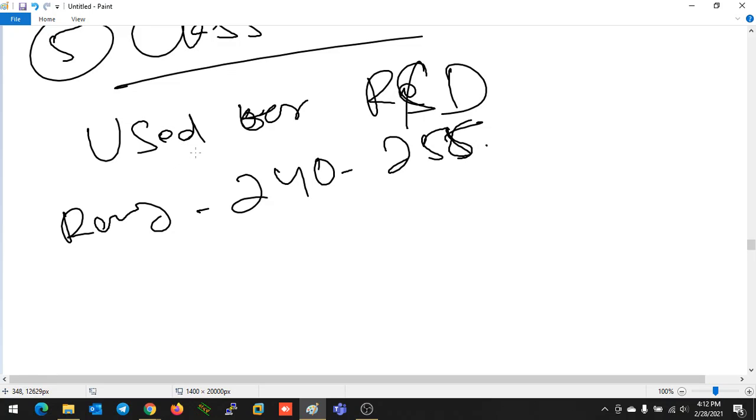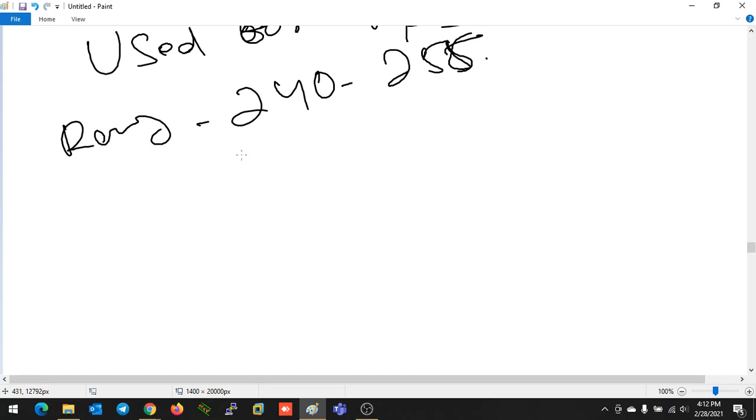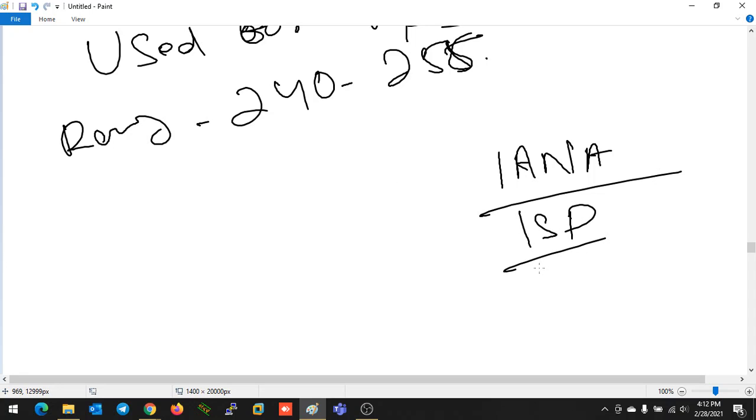So the IP addresses we are using are class A, class B, class C. If you want to buy an IP address, there are some organizations all over the world. IANA is the organization that sells IP addresses. If you want a public IP address, you have to go to IANA, or you can request your ISP, internet service provider. Then that service provider will request IANA to buy an IP address or IP network or range that you want.